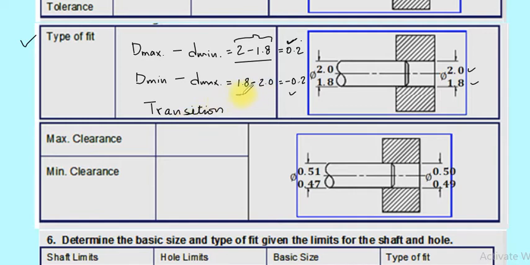while on the other setting, there is also a possibility that the machinist will make it on this size where the hole is smaller than the shaft. So we have both possibilities. It could either be a clearance fit in the end, or it could also be an interference fit. When we have both of these possibilities, we call it a transition fit. We don't know for sure which one it is going to be at the end.